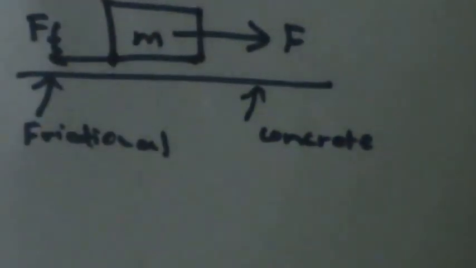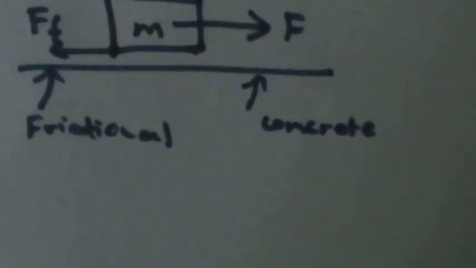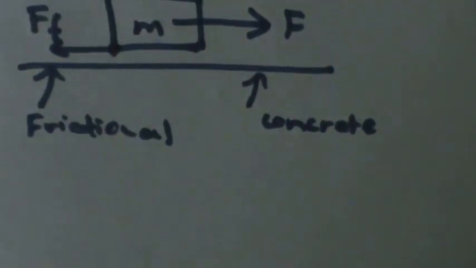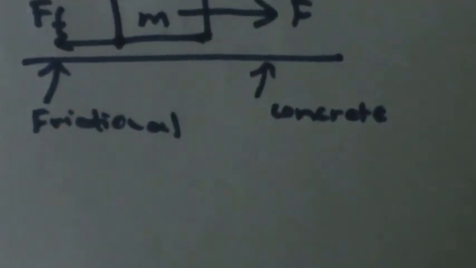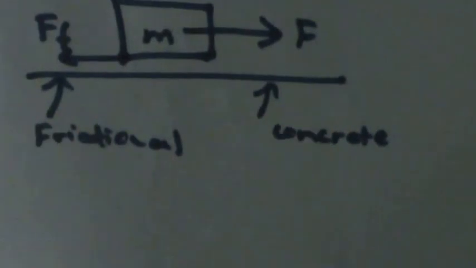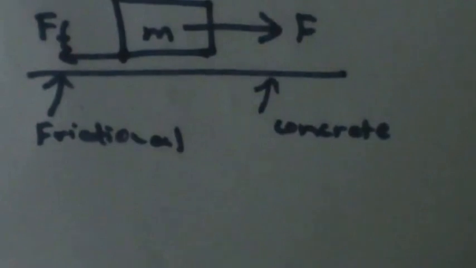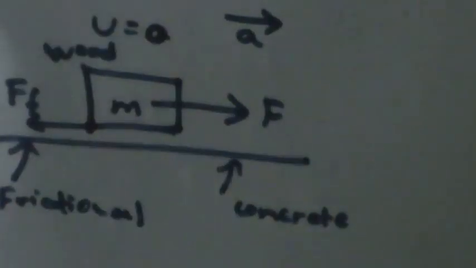In the last video I talked about resultant forces. I told you that due to resultant forces, the object will accelerate in the direction of the resultant force. But what actually happens is that due to this frictional force, the object will not move in the frictional force's direction. Although the frictional force is greater than the applied force, the object remains at rest. So u equals 0. After applying the force also, if F is less than or equal to Ff, v will also be 0, so the object will be stationary.